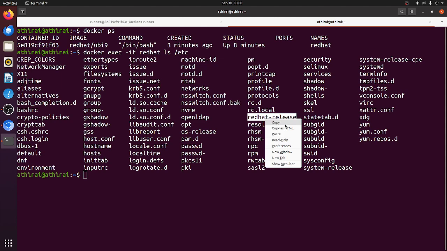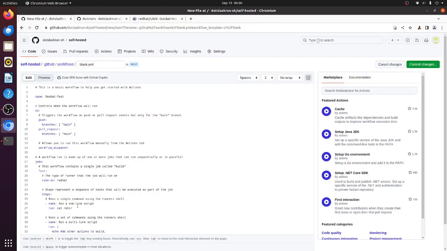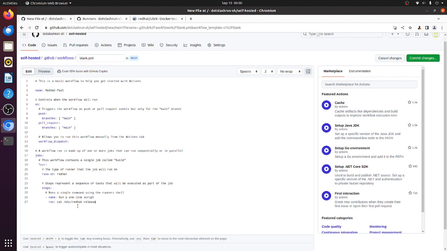I'll copy this and then come here and say /etc/redhat-release, and I will remove all the other steps. I just want to verify whether it is coming to my container and executing this job. That's it. So now let me commit this change and let's see it in action,